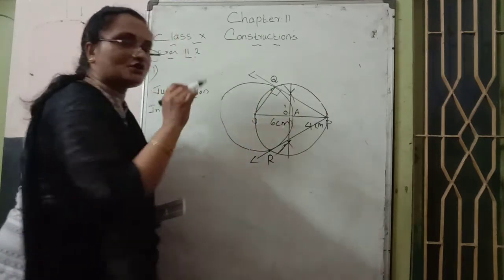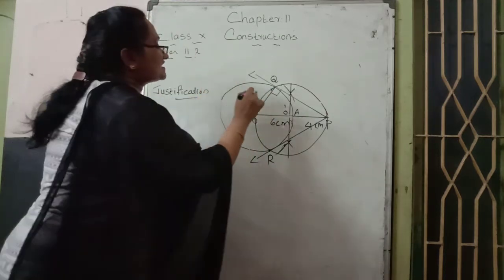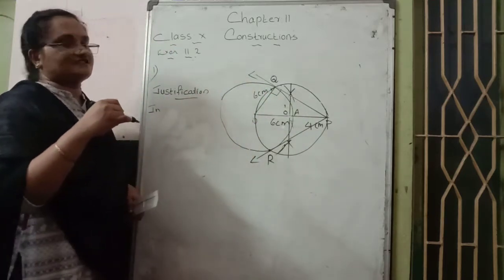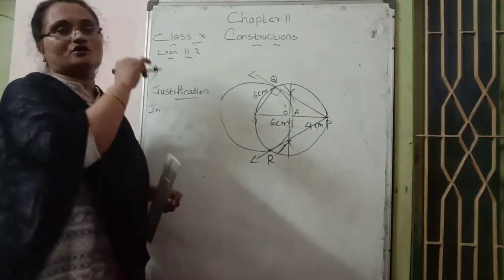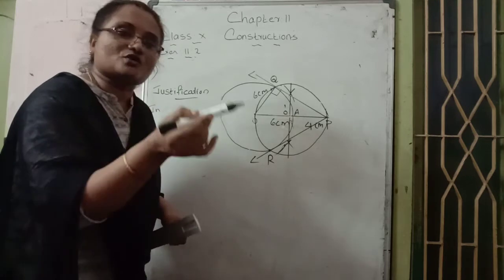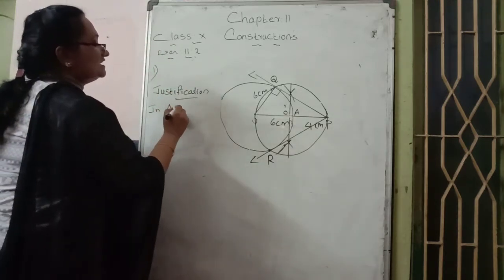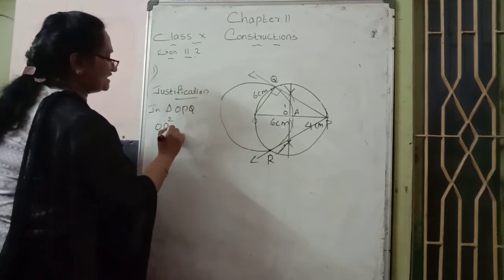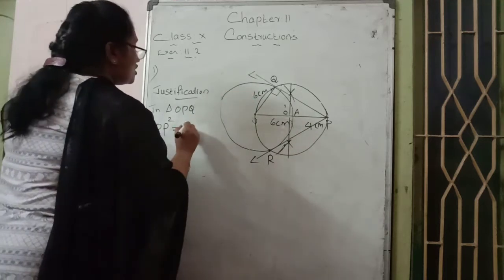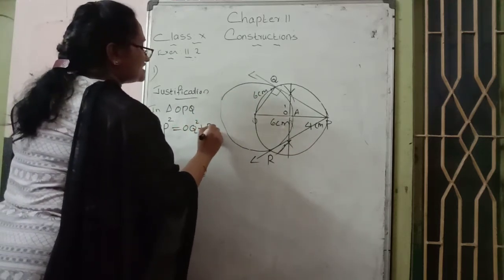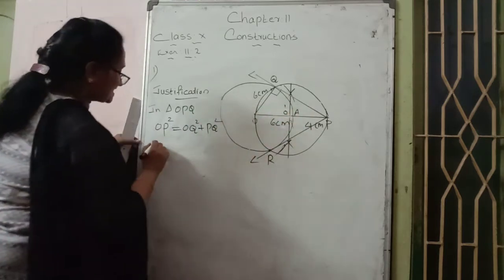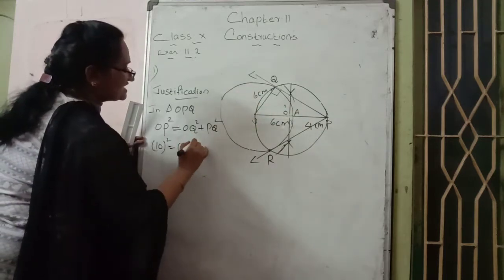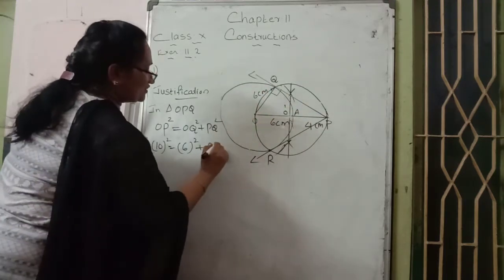Then OQ is equal to the radius of the first circle. That is how much? 6 centimeters. We already know the radius of the circle is 6 centimeters. And the PQ value we don't know. How do we find the third side? Apply the Pythagoras theorem. So in triangle OPQ, OP, the hypotenuse, squared equals the altitude squared plus the base PQ squared. OP is 10 squared, and OQ is the radius of the circle, 6 squared. PQ we don't know, we want to find.